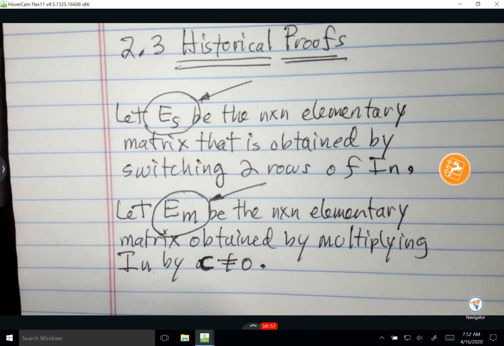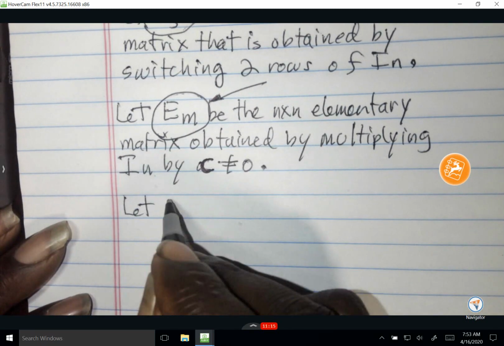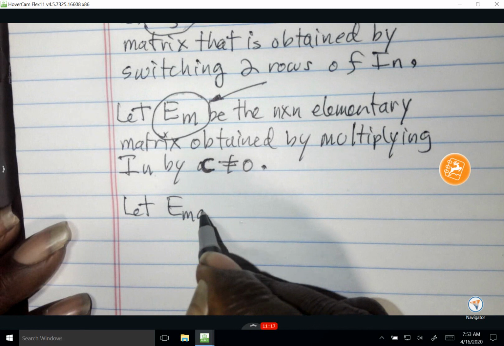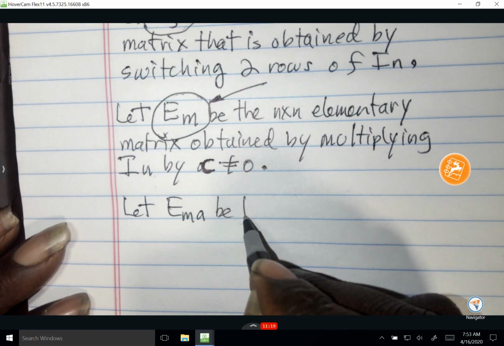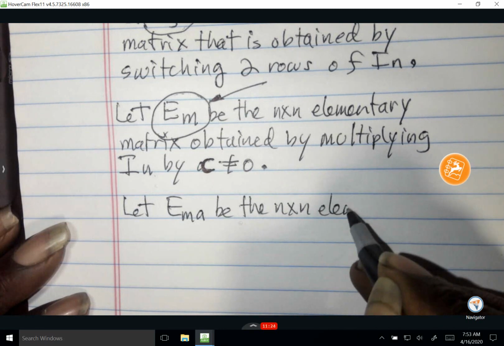There's finally only one other elementary matrix to give a name to, and that's the one that's obtained by multiplying a row of IN by something and adding it to another row and using it for that row. So you're multiplying and adding, I'll use MA, multiply, add. So I'm going to let EMA be the n by n elementary matrix